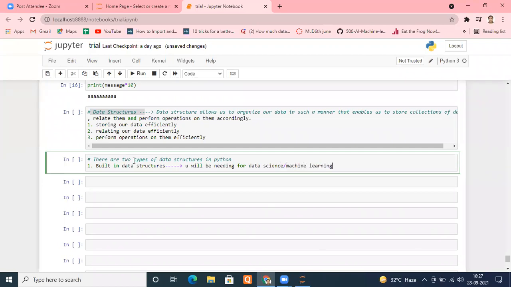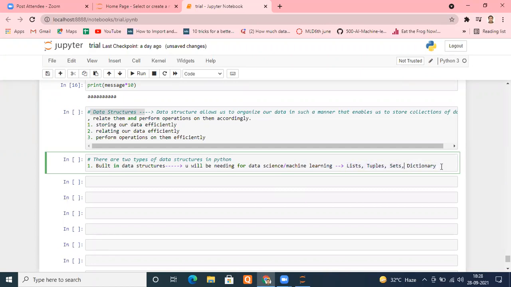Examples of them are lists, tuples, sets, and dictionaries. These are built in, and they are required for data science.